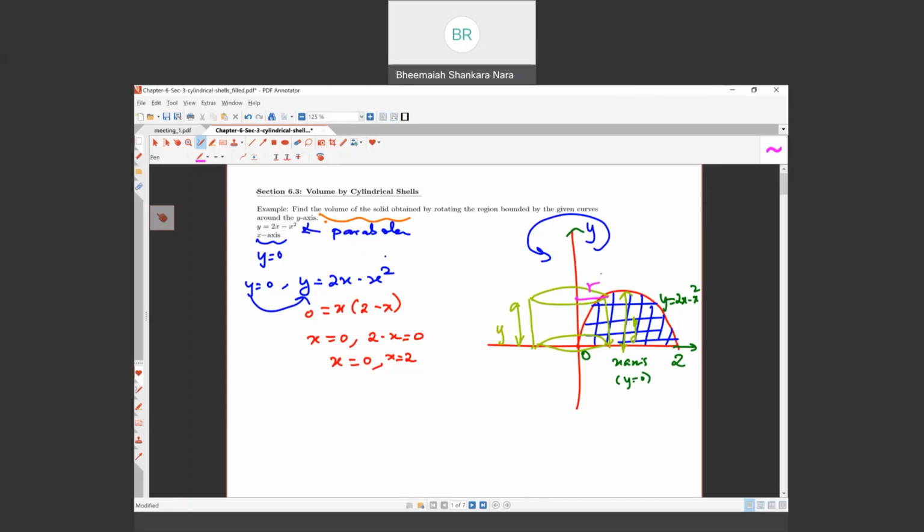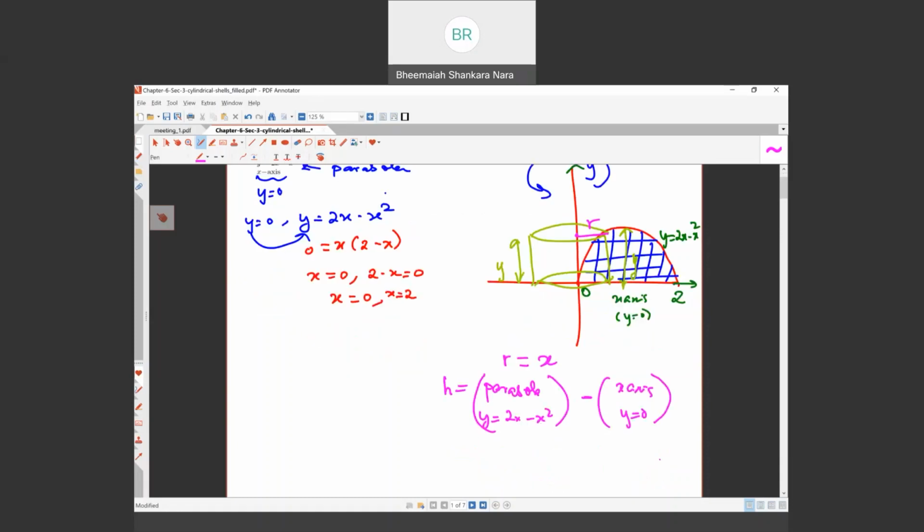So let's write the radius r is the x coordinate and the height h equals the parabola, which is y equal to 2x minus x square, minus the x-axis, which is also the line y equal to 0. So we have 2x minus x square when we subtract. So this is the height. Now let's plug in